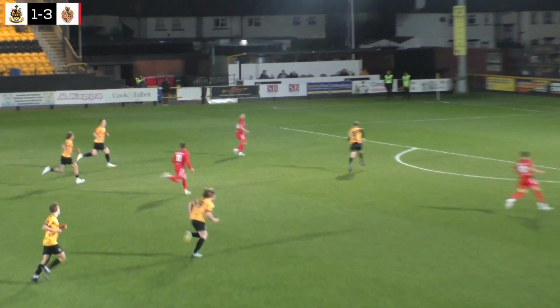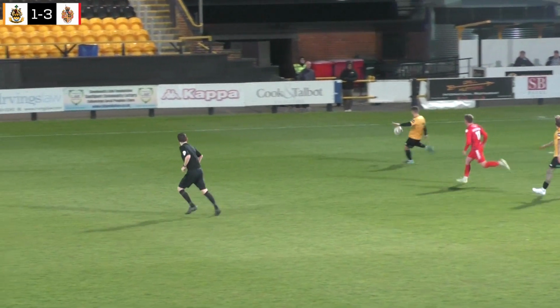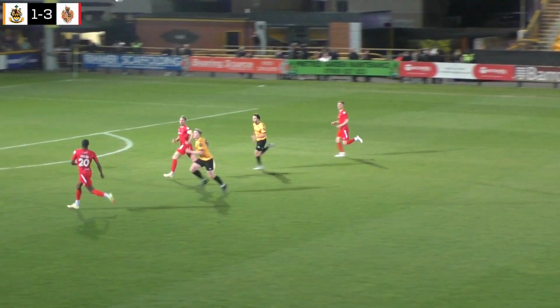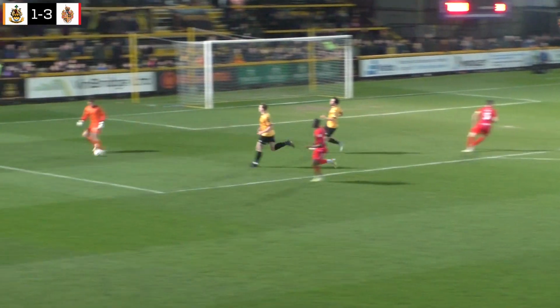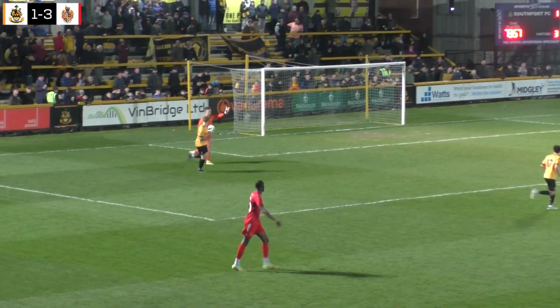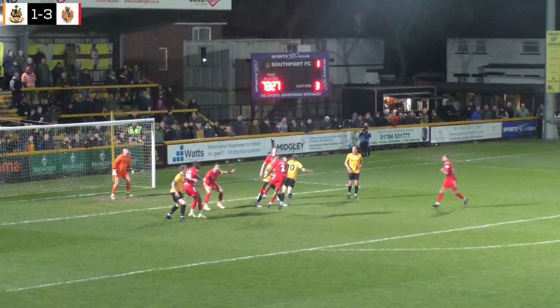Blackett heads it square. He tried to find the run of Anderson, or Ramshaw on the far side, but he couldn't do so, and it's clattered clear. And Becker nods it back to Flatters. Big moment in this game, though, with more than quarter of an hour left. If that had gone in and made it 3-2, then suddenly...